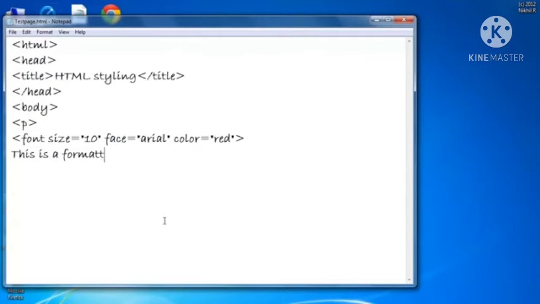This is a formatted paragraph. Now we have to close the font and paragraph.